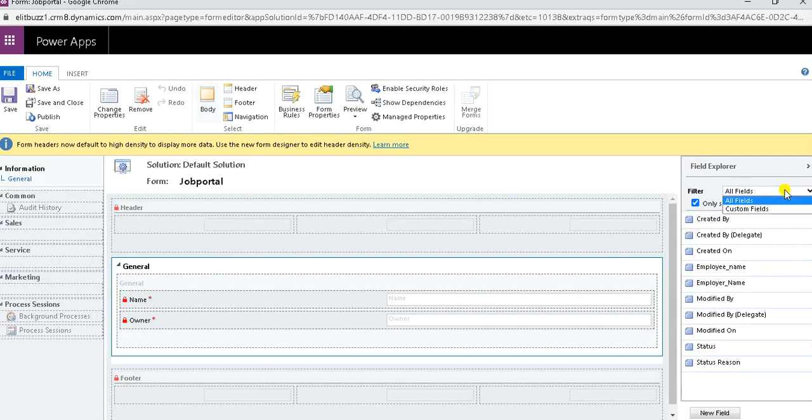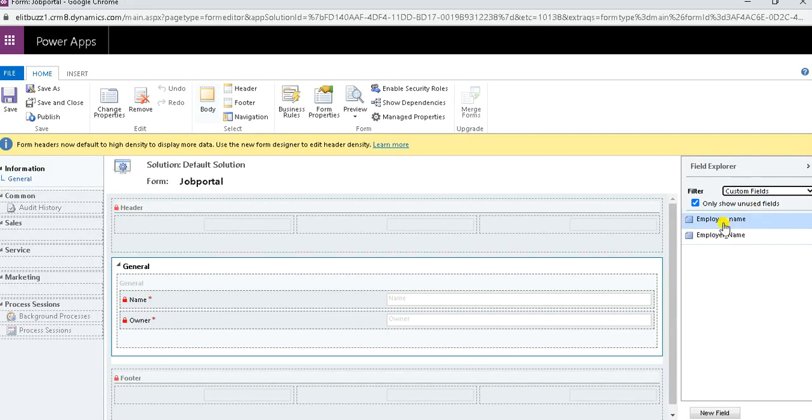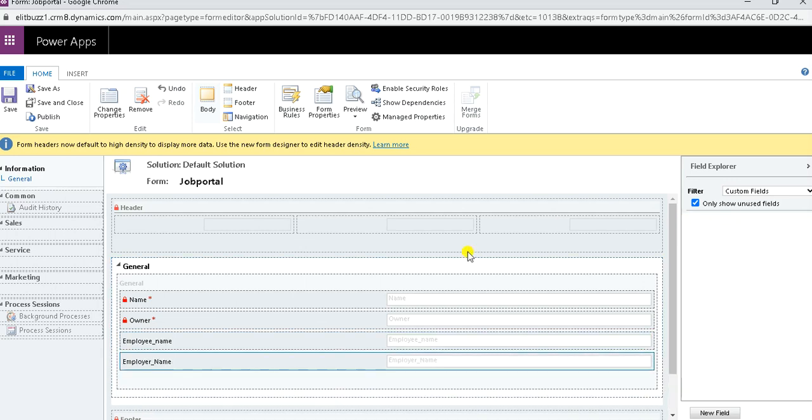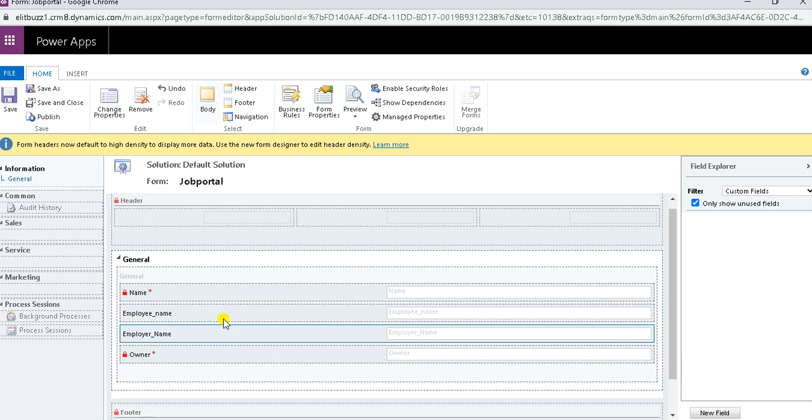So here in the form, I can see employee name and employer name. Both these fields are available, lookup fields. So in this way, I have added these two lookup fields within job portal